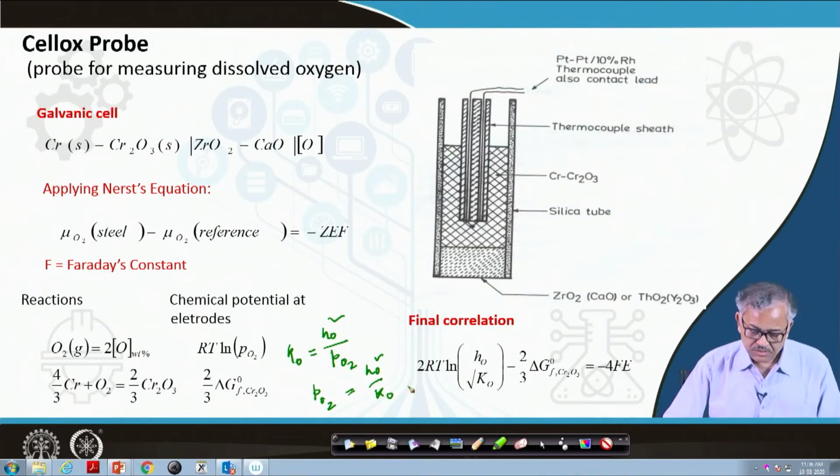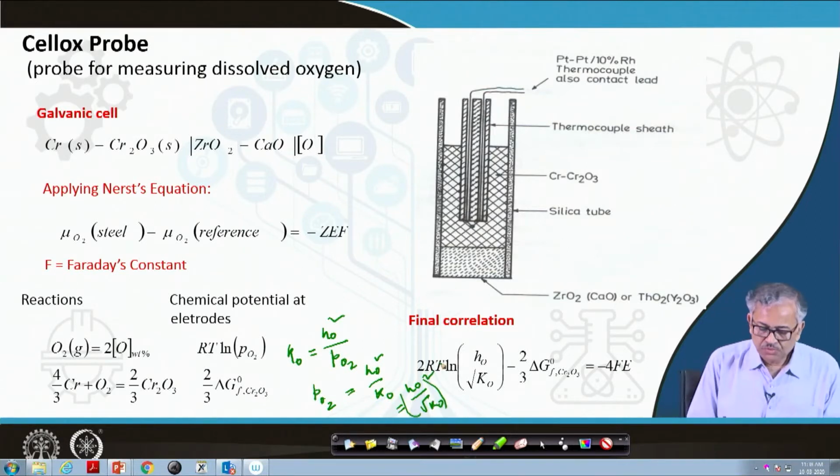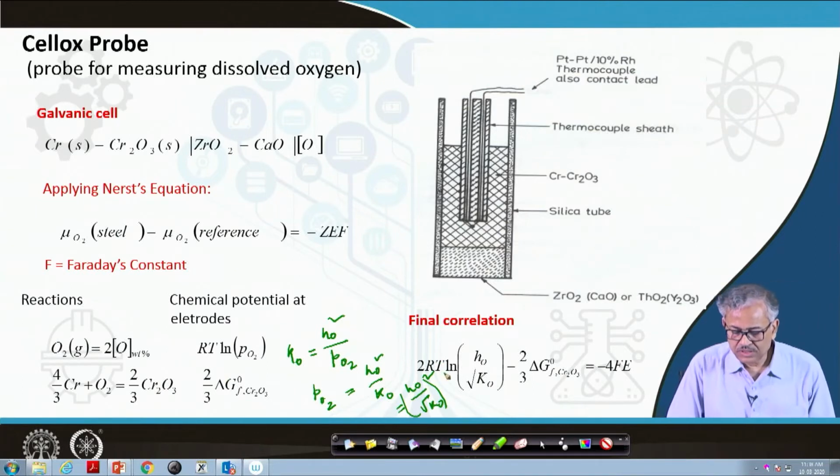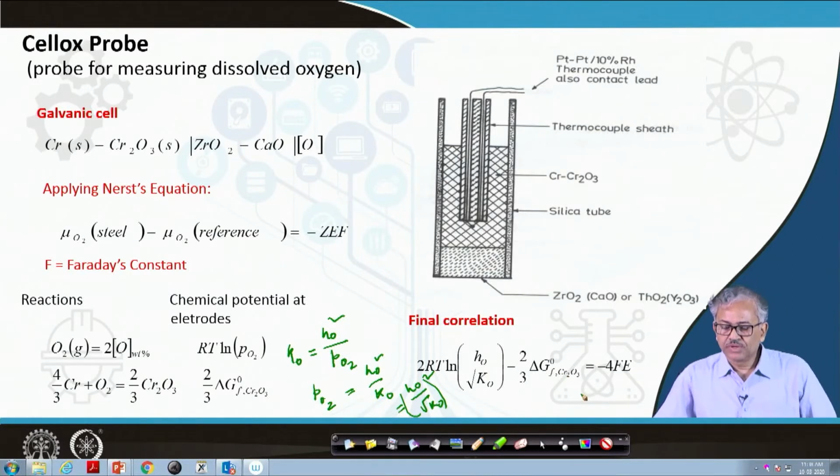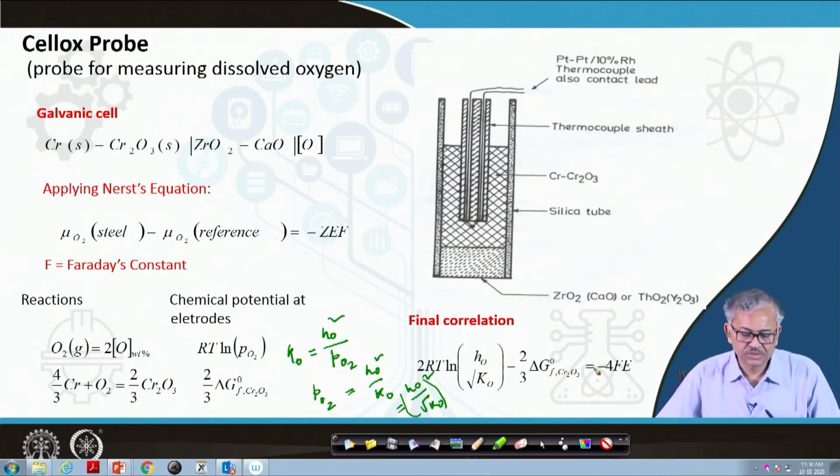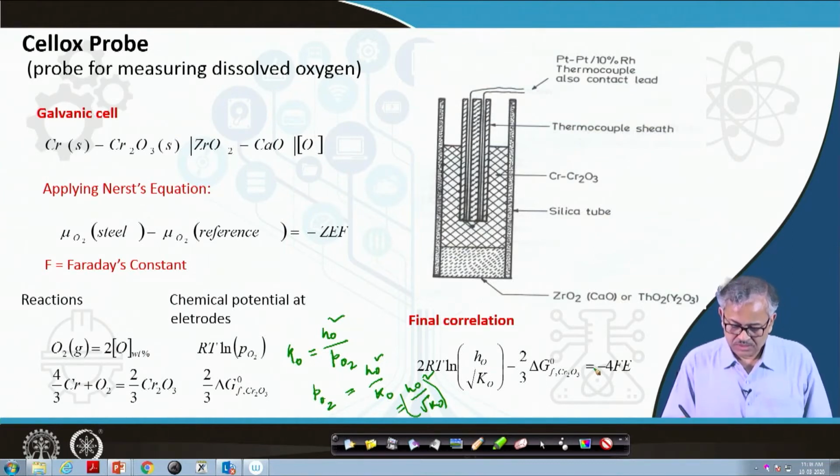So this is your hO square by K naught, and then if you put it there, here we are considering this, you can also write hO by square root of K naught, square. If you put this value here, then it becomes twice RT ln of hO by square root of K naught minus 2/3 of this is equal to 4, because we are exchanging 4 electrons. Basically we are writing the 4 electrons, you can write this way also, that is twice O